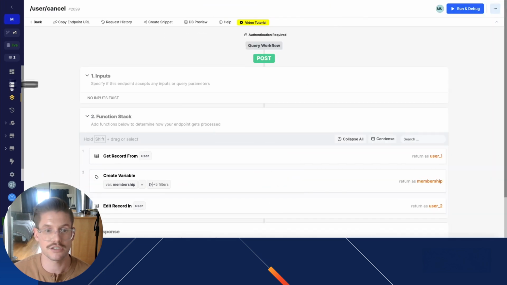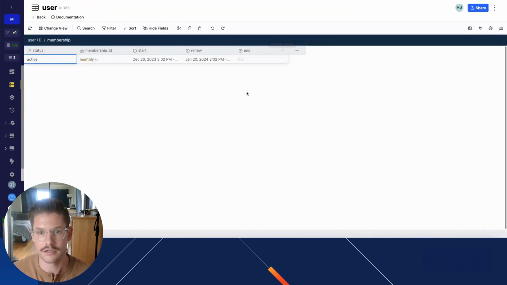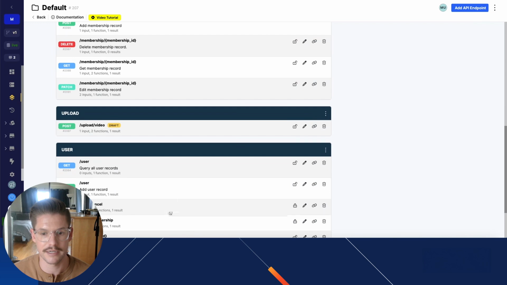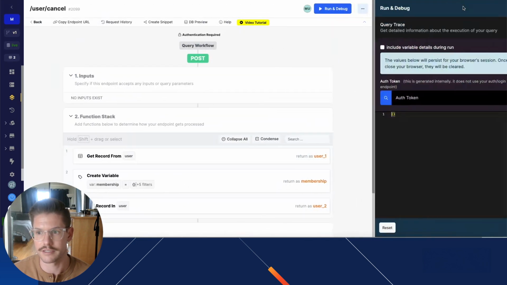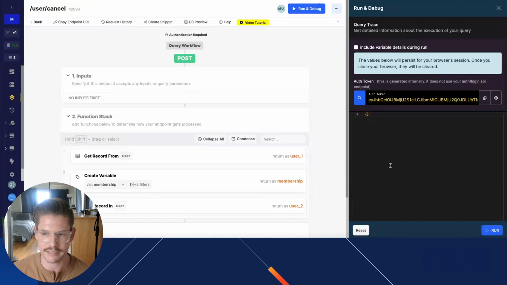But so let's jump over to our user table here and let's look at an example here. So let's say that Michael here is going to actually cancel his membership, right? So that would be myself here. So let's go ahead and do that. So I'm going to run this. And you notice we don't have any inputs. This would just be like a button like cancel my membership. You might want to have on the front end some kind of speed bump to say like, are you sure? They could click yes, and then that could actually trigger this API endpoint and we'll detect who's canceling based on